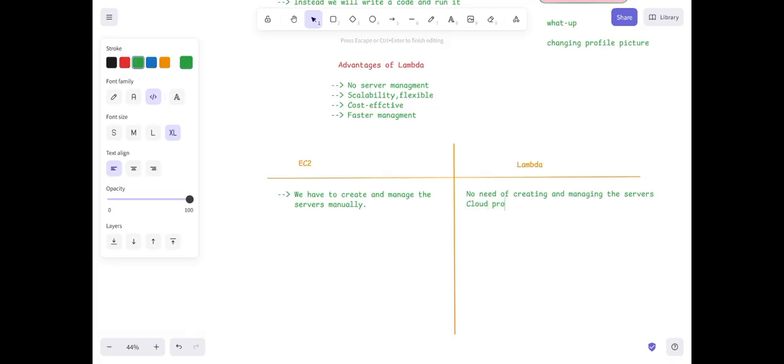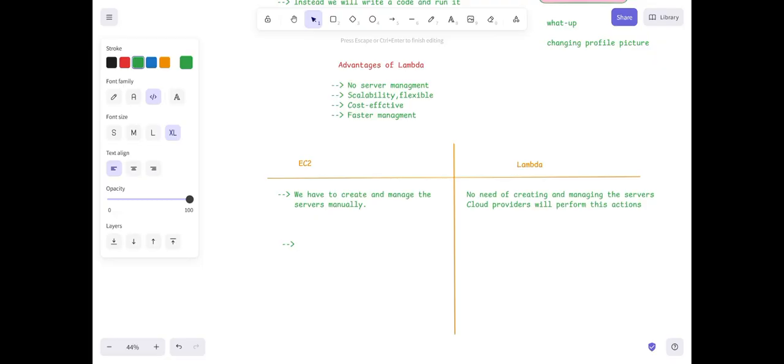Instead of that, who is going to do that? The cloud provider will perform this action. The cloud provider is going to do this.